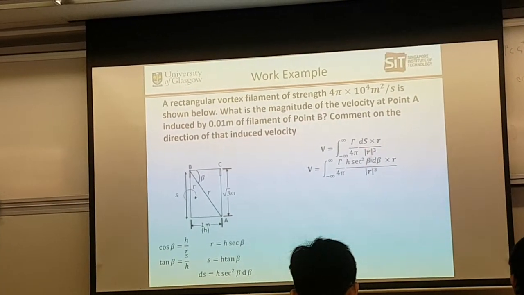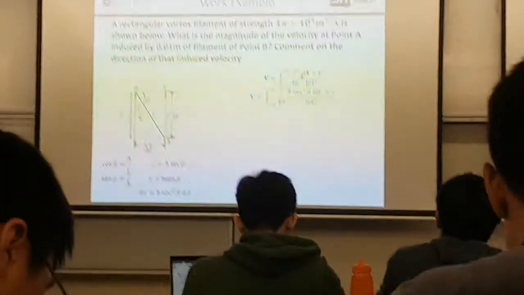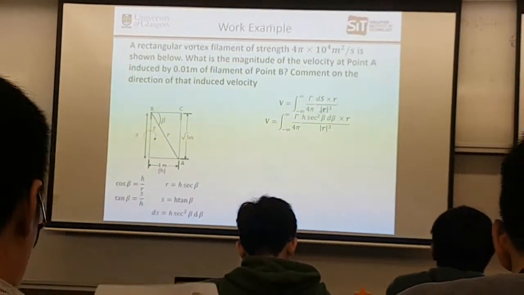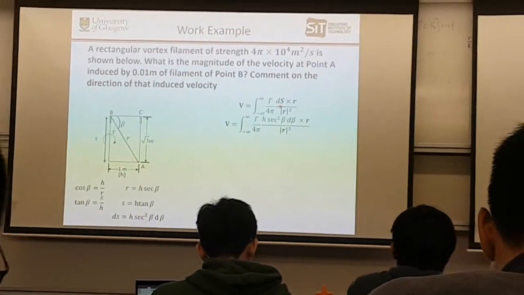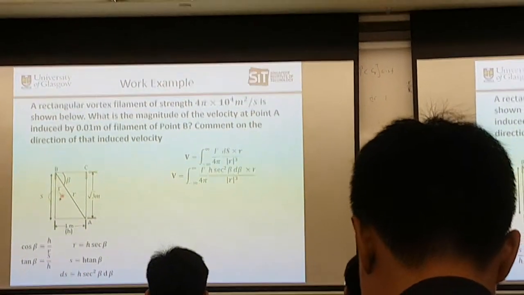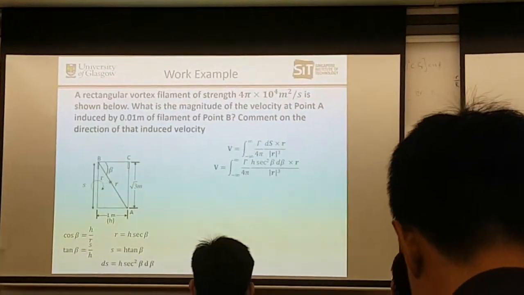Okay, I think I've done this derivation for you before. Just remember, you do ds cross r. That means if I make this into a scalar quantity, it's the magnitude of ds times the magnitude of r times the sine of the angle between ds and r, right? Okay, so